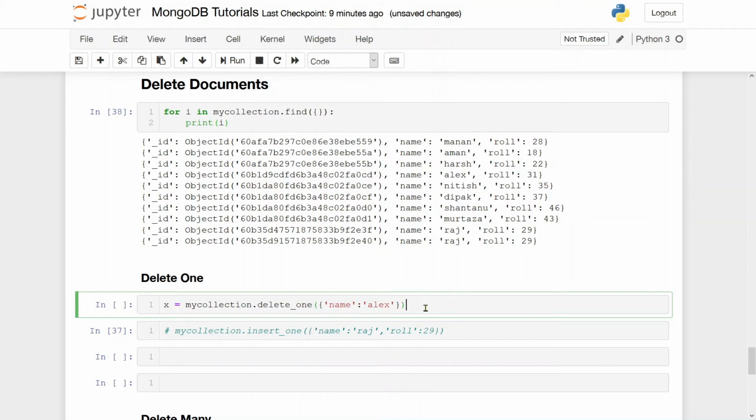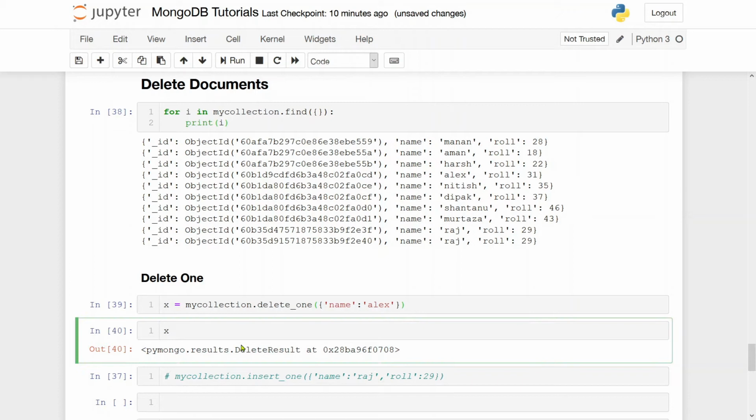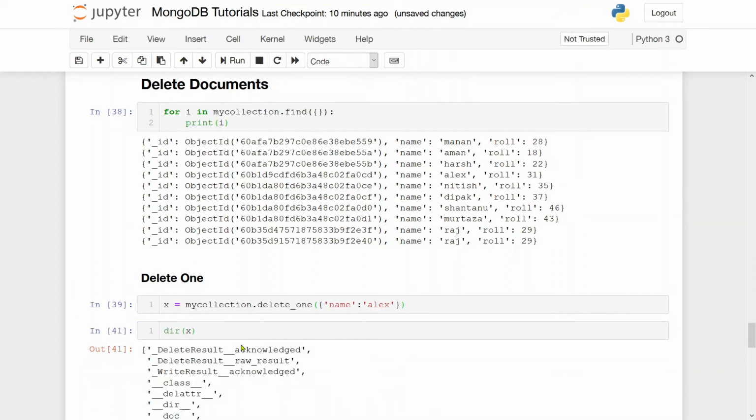We will store it in X. If I run this, we will receive an object X. Let us see what this object is. X is nothing but the delete result.